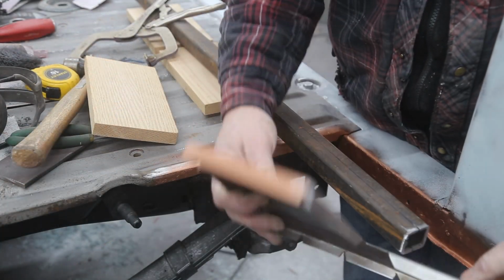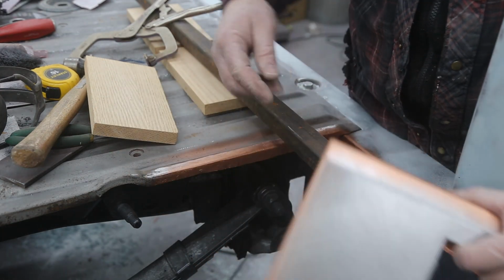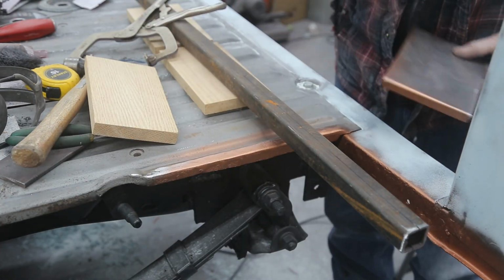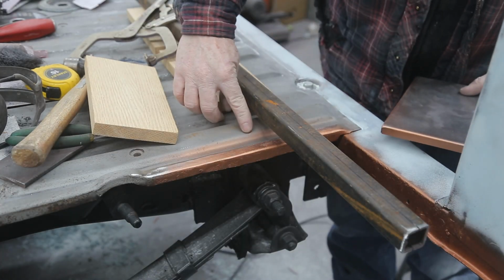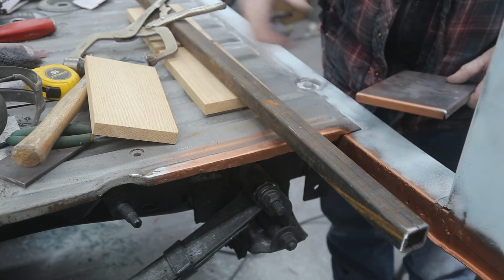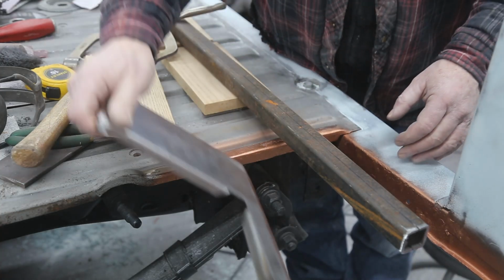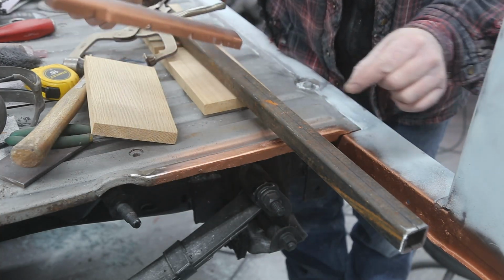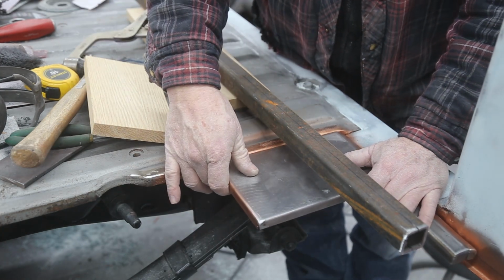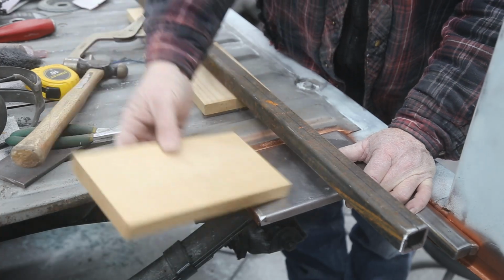Getting ready to tack this in. Got my little V's cut. Got some copper primer on there. Now this is a little higher than the rest. It's just, you know, they're never perfect, and of course with the rollover it could be just a little bit out. We're talking about a little tiny bit, but that little tiny bit will make a difference with this panel here. So what I'm gonna do,